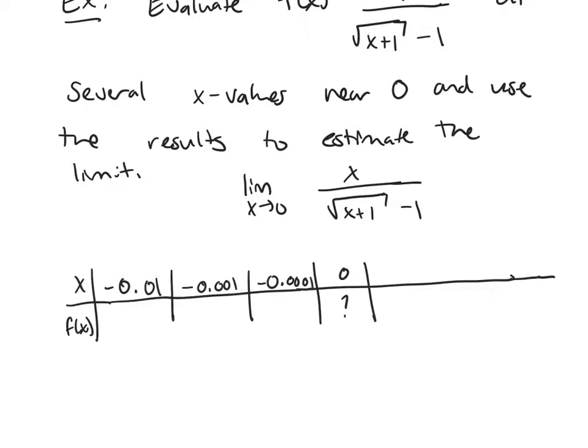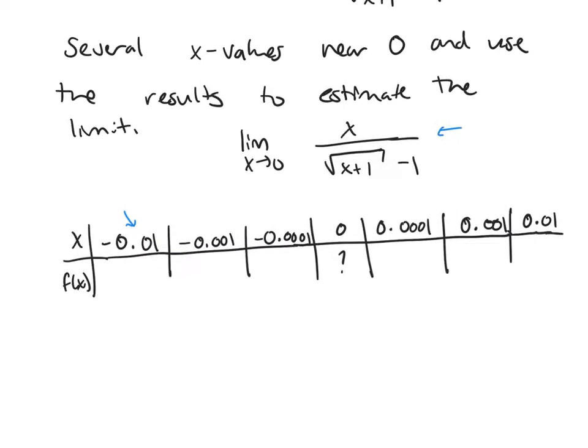And then you want to pick some values a little bit bigger than 0. So again, pretty close. I'm going to pick some really small numbers here, just so I get close enough to 0 to know what's going on. And I'm going to take these x values and plug them into my function up here. Use a calculator to get the decimals. So I'm getting